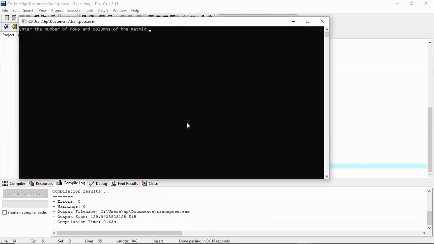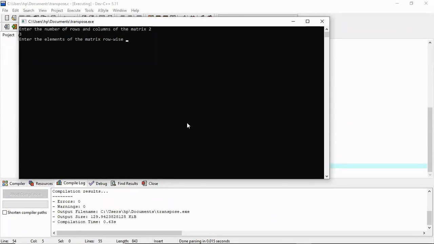And it is asking to enter the number of rows and columns of the matrix. So let us say the number of rows in the matrix is 2 and the number of columns is 3. So it is a 2 cross 3 matrix. Now it is asking for the elements row wise.